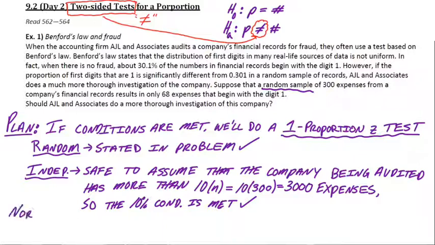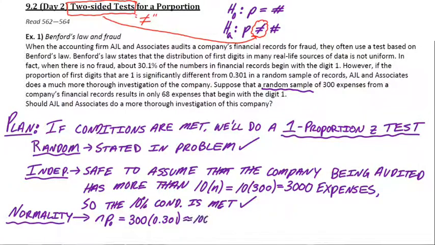Then the last condition, we just have to say something about normality. For proportions, you remember it's np, n(1 minus p). We can expect 10 successes and 10 failures. We just have to be careful when it's a significance test. We're going to use n and then p naught, the p that comes from the null hypothesis, which was 0.301. So we know n is 300, and then p naught, the one that comes from the null hypothesis, not p hat, that's 0.301,